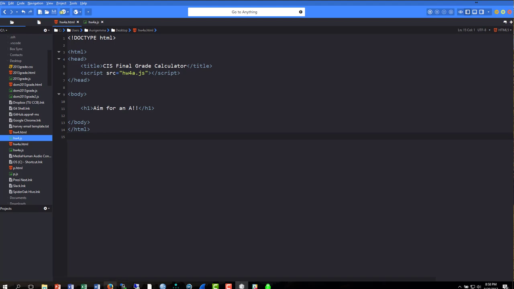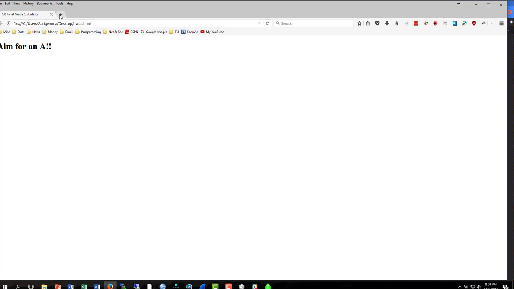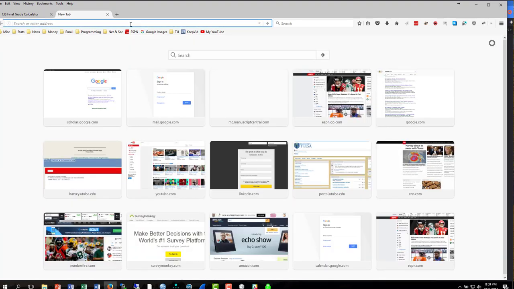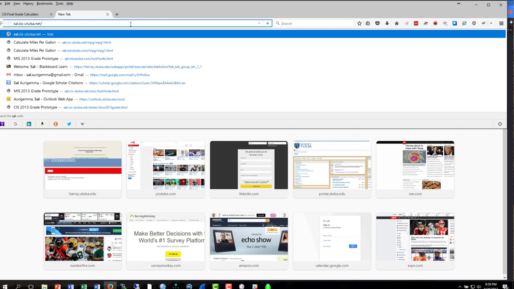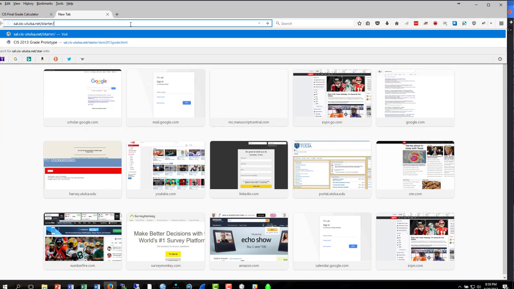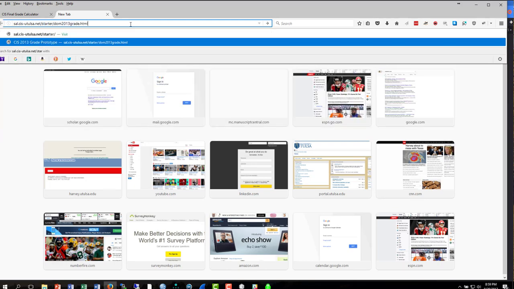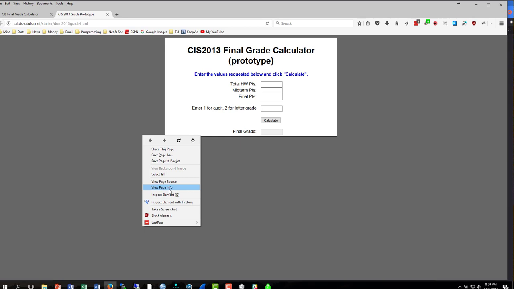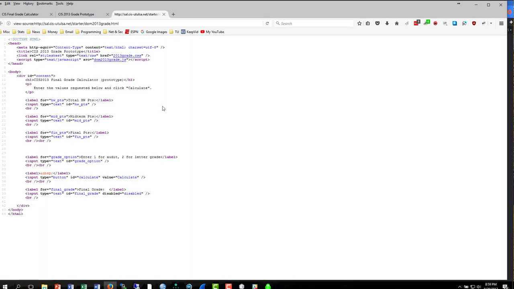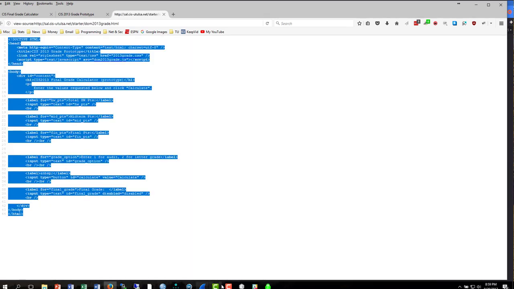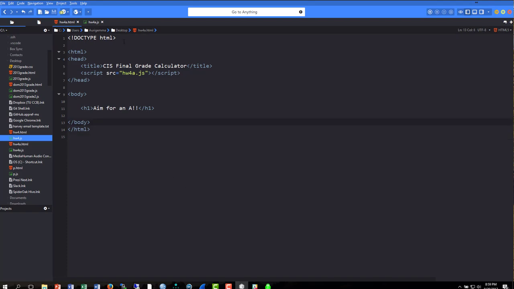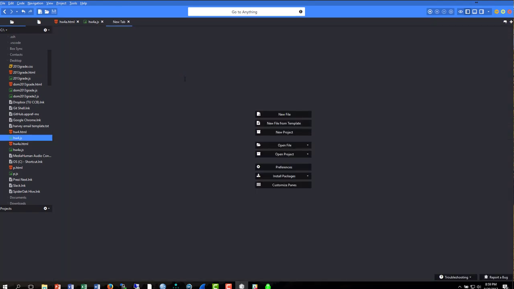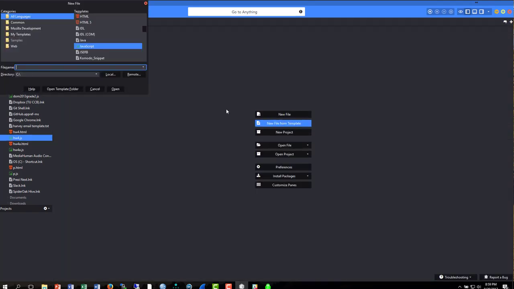So first things first, we have to go to the web page that I provided you, and download the HTML that's provided, the CSS that's provided, and the starter JavaScript that comes with it. So go to the web page, do the standard right click, view page source, and we're going to copy and then go to our Komodo Edit and create HTML files as appropriate, and probably name them something unique like, I don't know,